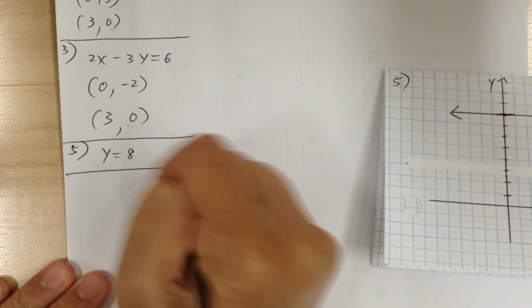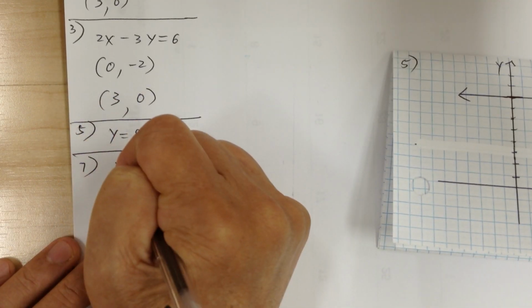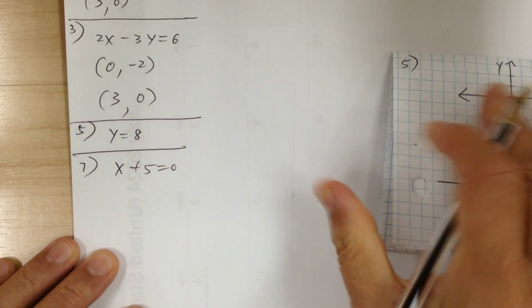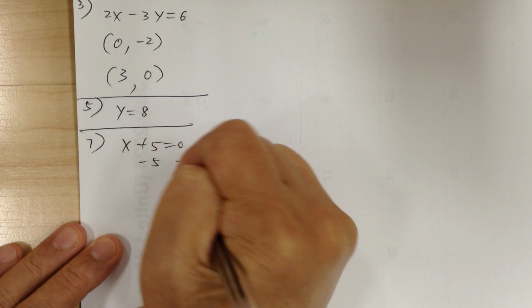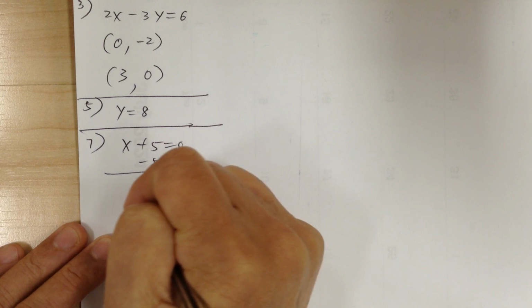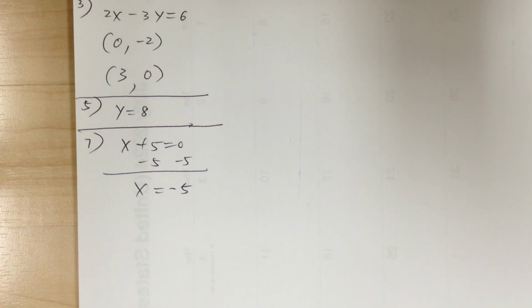Let's go to number 7. We have x plus 5 equal to 0. When you have only one variable, you can solve. You can subtract 5 on both sides, so you're going to get x equal to negative 5. So when you graph this,